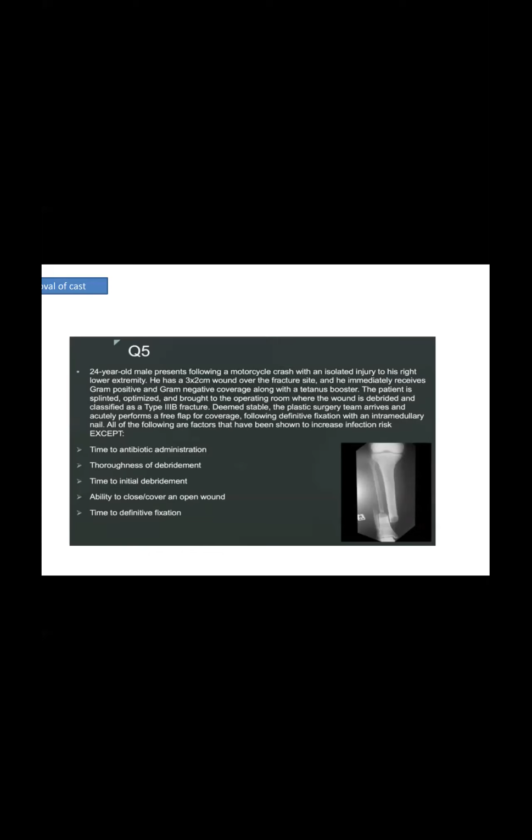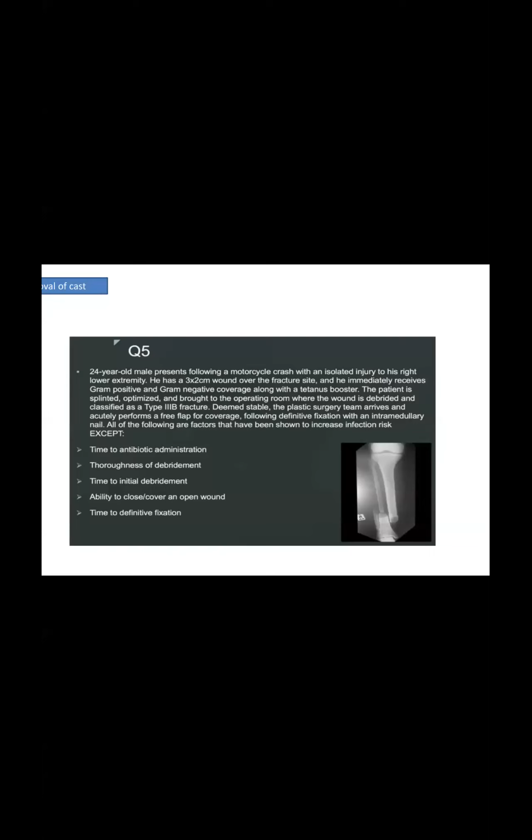Deemed stable, the plastic surgery team arrives and acutely performs a free flap coverage following definitive fixation with an intramedullary nail. All of the following factors have been shown to increase infection rates, except